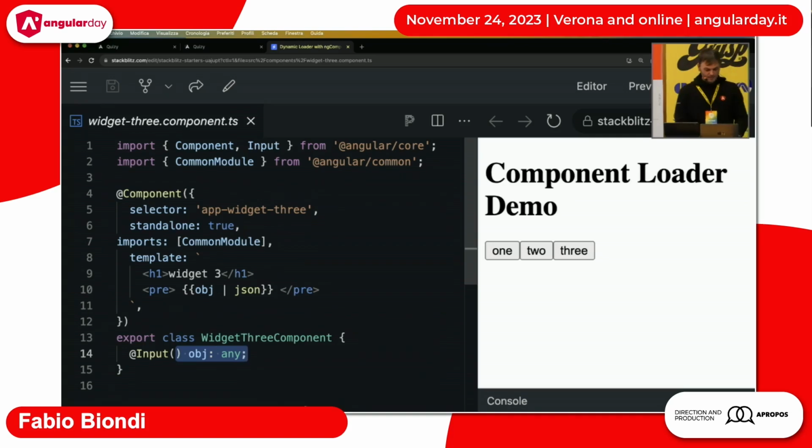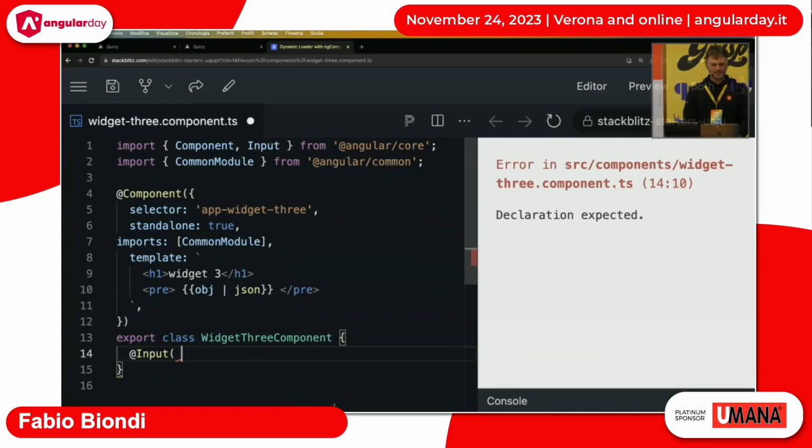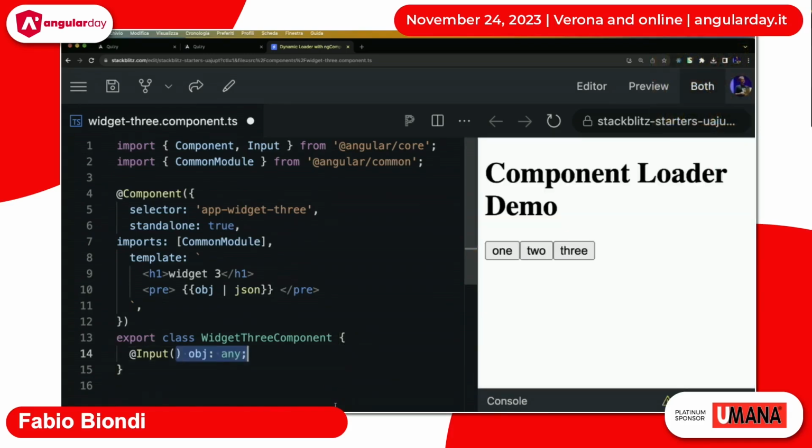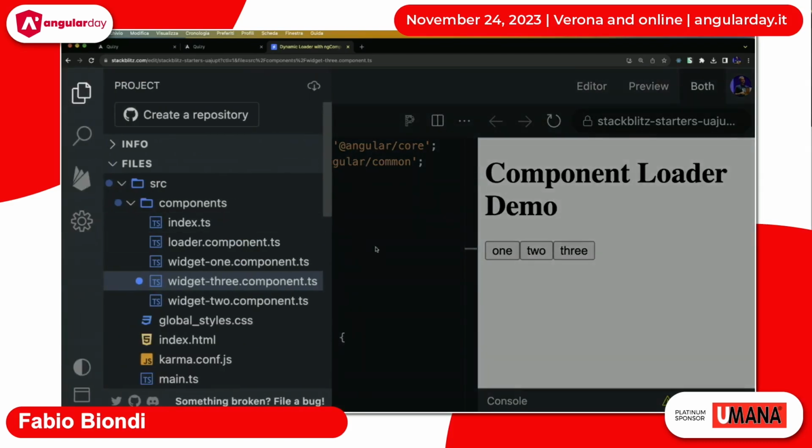Okay, is there somebody in this room that has never used any in their project? Yes, you are a liar. Okay. Anyway,